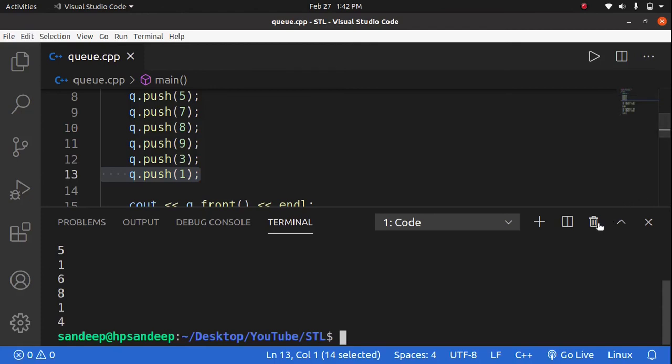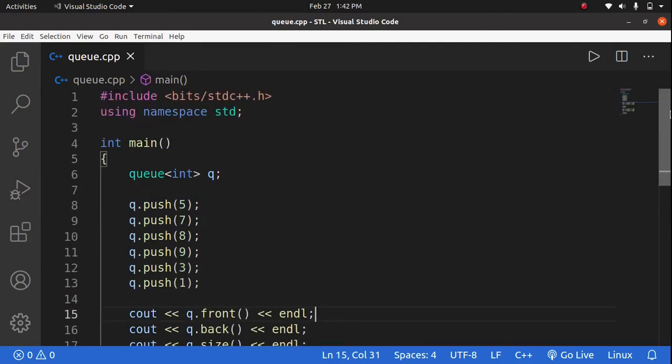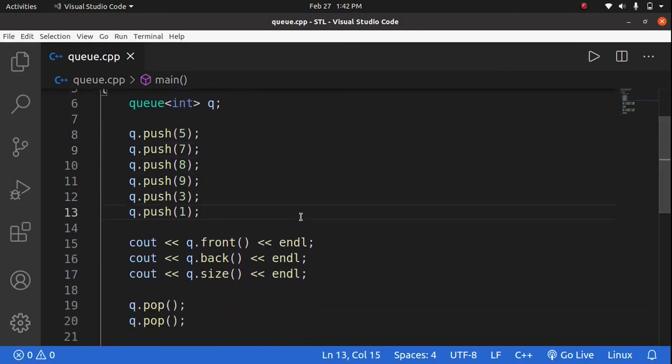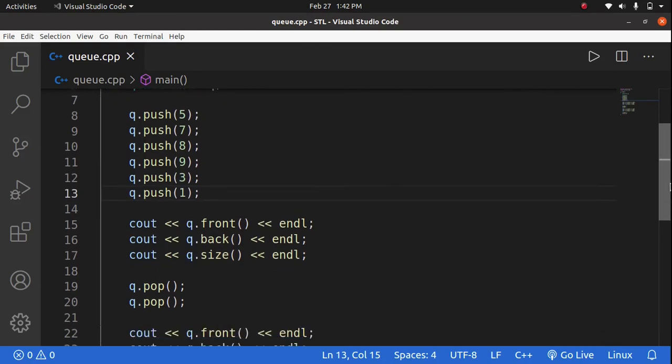So that was all about queue. It is very simple. Stack and queues are very simple data structures we can use in large problems. Without focusing on the implementation of stack and queue, we can just focus on the problem. Many problems use stack and queue very frequently, so it is very convenient to know the functions because they are very handy.